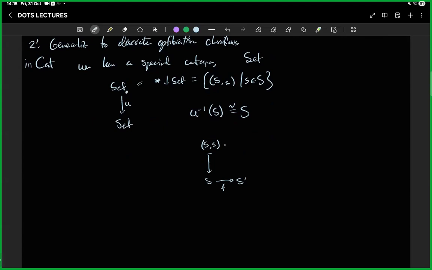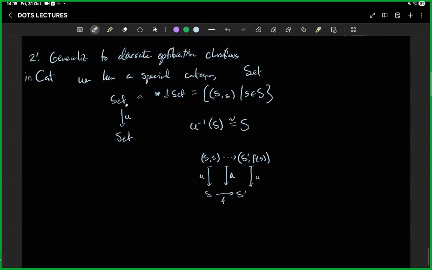There is a way we can lift this, namely I can put S prime here and I can put F of s here. Right? This maps to U, this maps to U, and this maps down via U, right? Now, this is indeed like a fibration. Last time we saw fibrations, we went backwards. This one goes forwards, hence it is an op fibration,